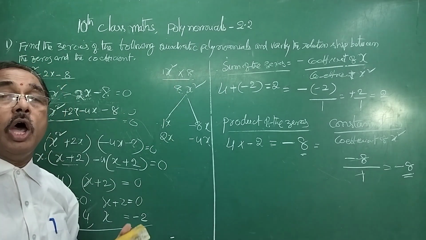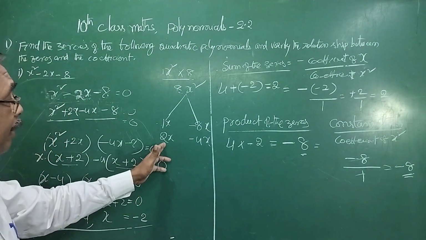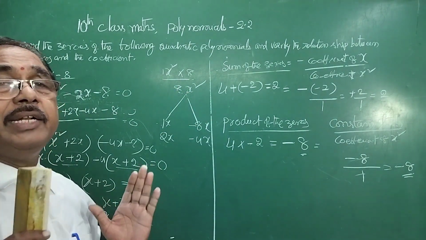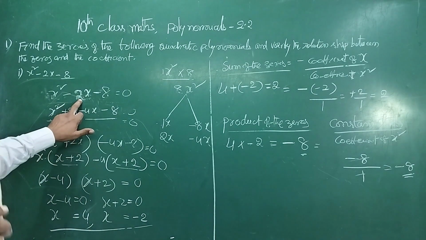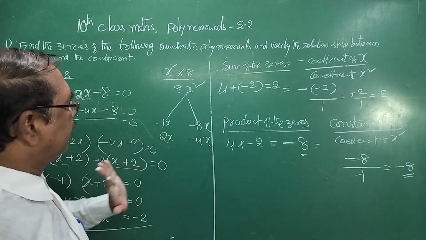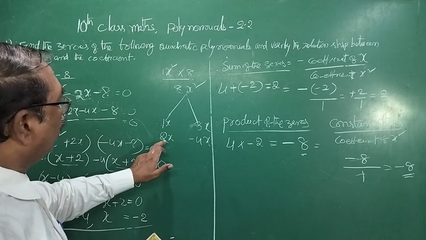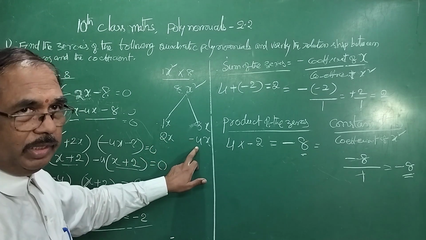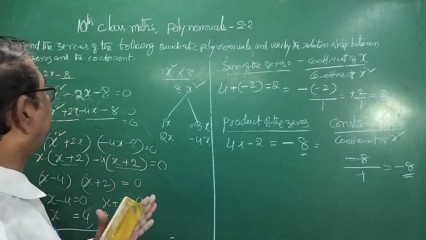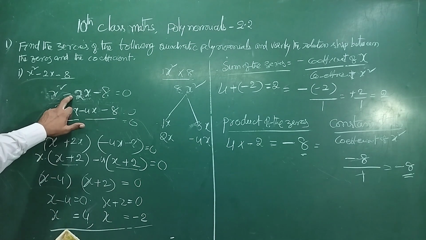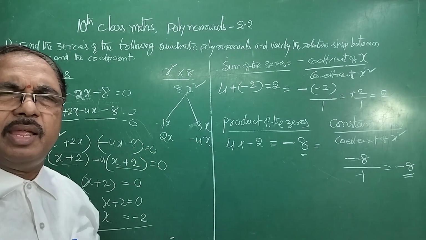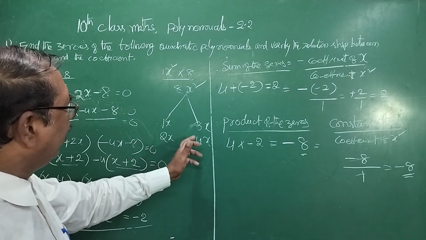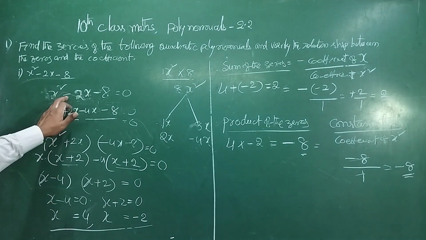We split this. How do we split? If we multiply those two, we should get 8x square. But if we add those two, we should get the middle term. That is it. Here 1x square, we did not get. 2 into 4, 2 into 4 x into x square, 2 4s are 8x square. These two are the factors. If we add these two we should get minus 2x. We added, 2 and 4 added gives 6. We subtracted, 4 minus 2 gives 2, we need minus 2.